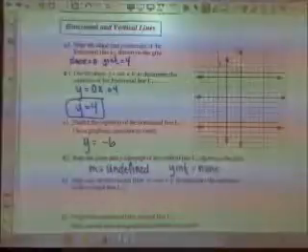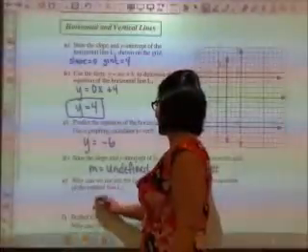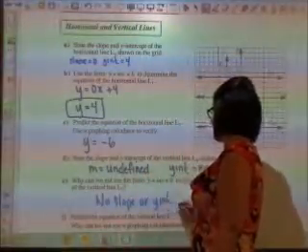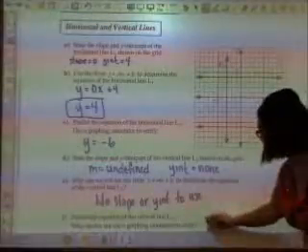So can I use my y equals mx plus b to write the equation of this line? Why not? There is no information. There's no slope or y-intercept to use. Okay? But we can find an equation for this line. What do you think the equation would be? Here's your hint. If a horizontal line is y equals 3 or y equals negative, so the vertical line would be x equals